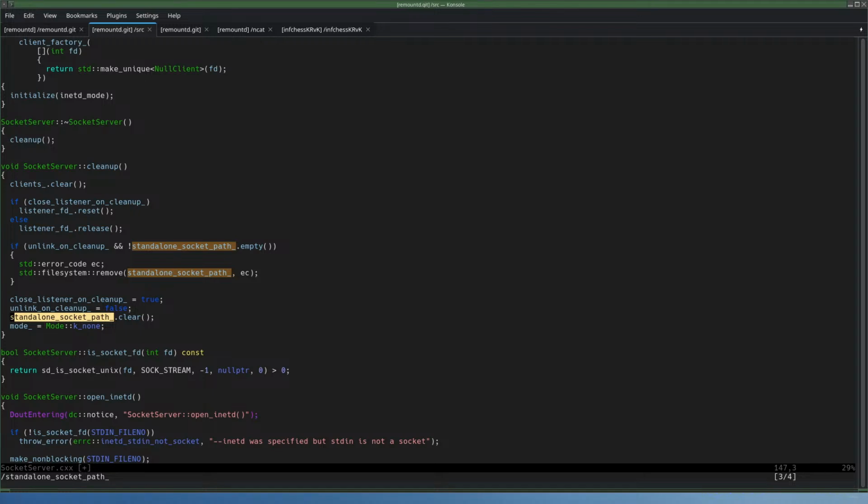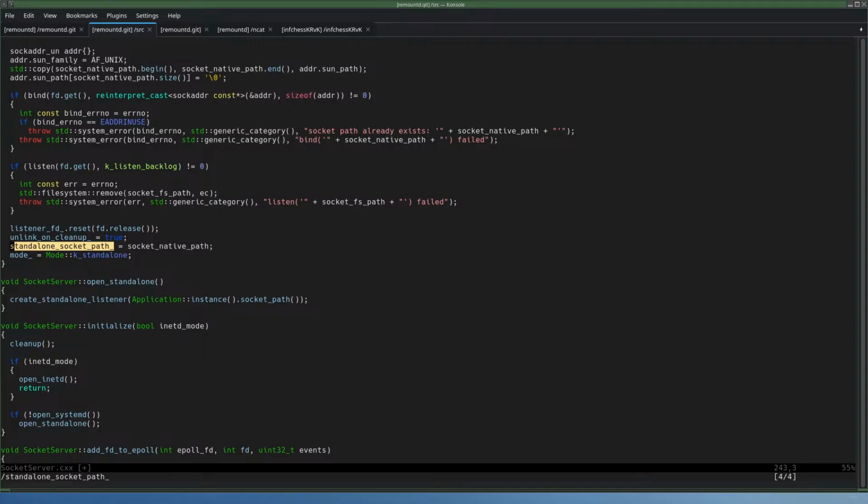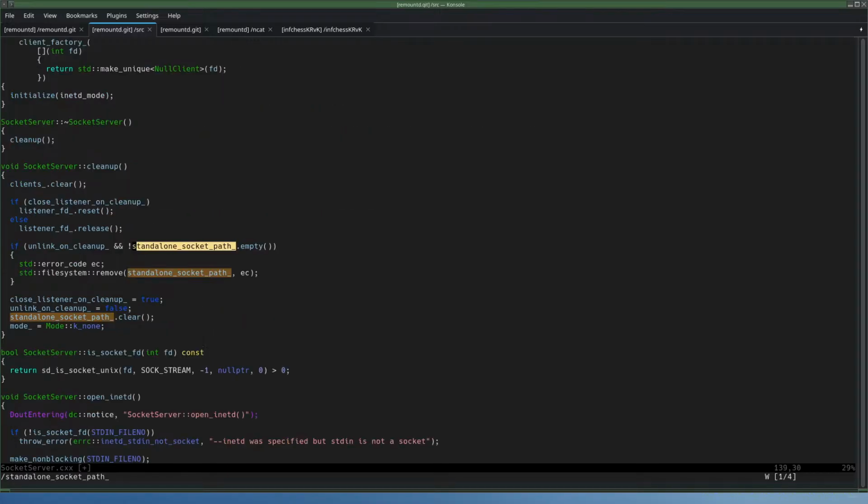I don't know if a file system path has a clear or an empty, but we'll see. I'll just look it up.